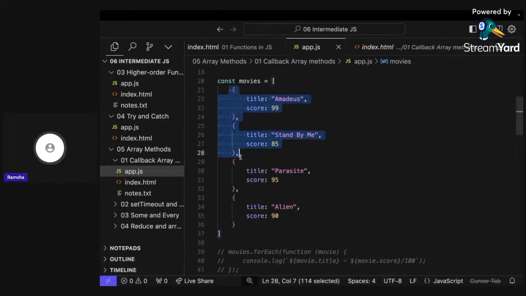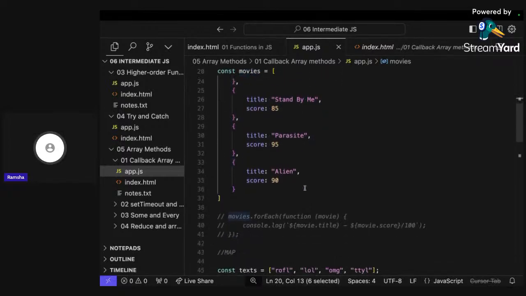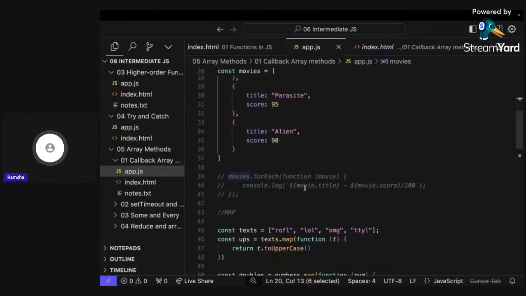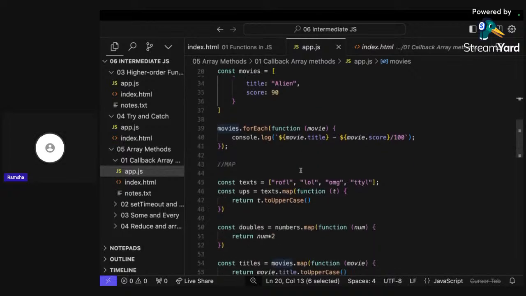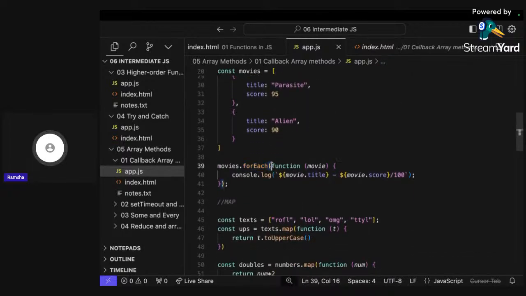So I have 4 movies listed as objects here in this particular movies array. Now if I want to print the movie title and the score, what I can do is use forEach for that. So here it's movies, the name of the array, then the forEach method, and then inside I have